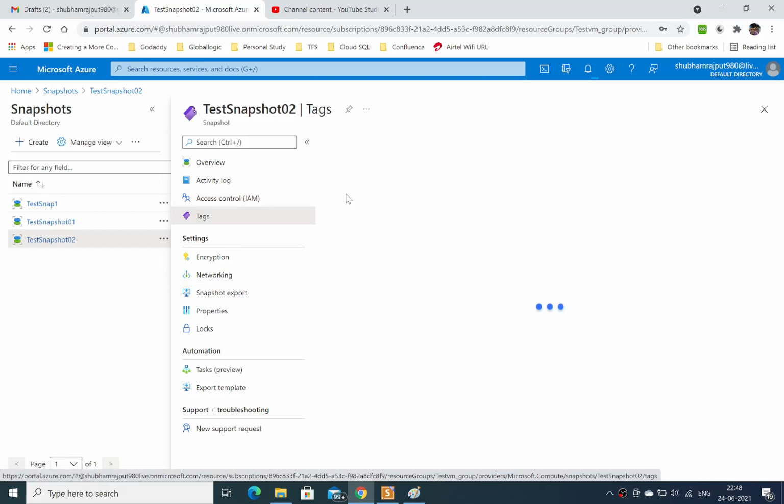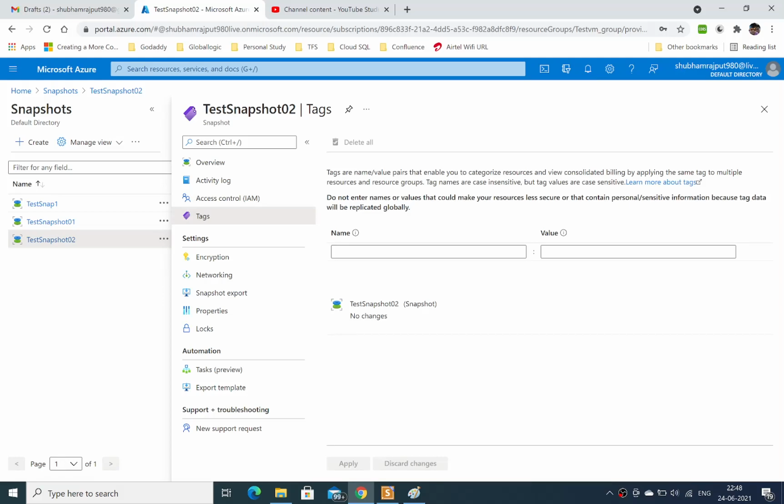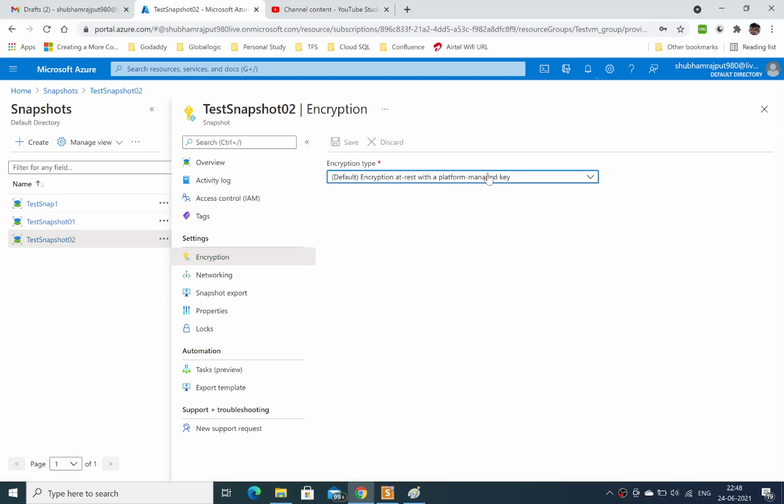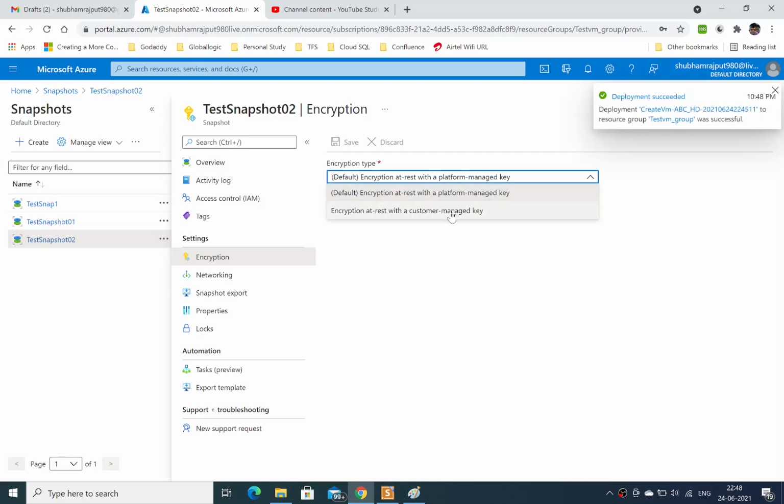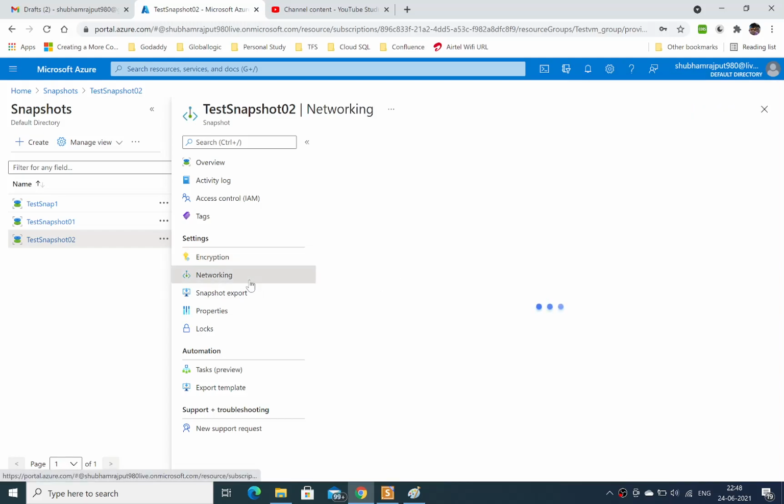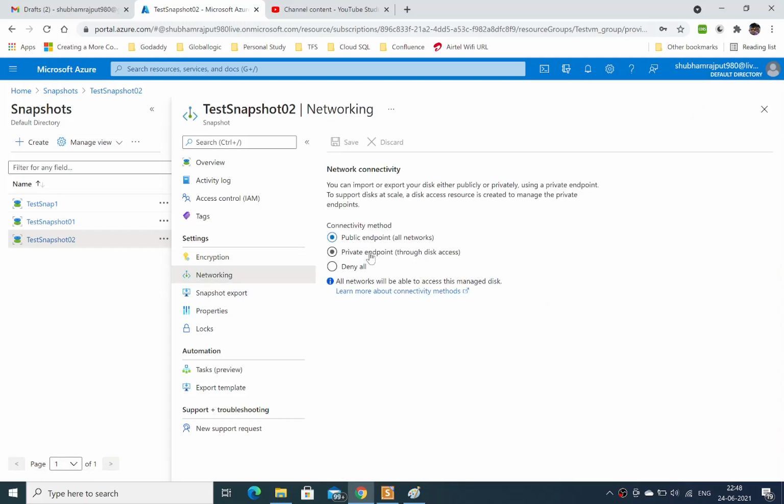You can check or add tags from here. In Encryption, by default I have chosen the platform-managed key; you can choose the platform as well as customer-managed keys. Networking can be public or using a private endpoint through disk access.